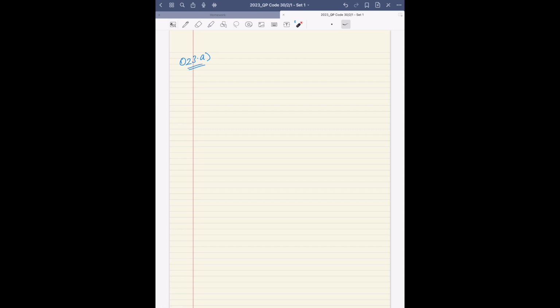So 23rd A, it simply says evaluate. Evaluate means find the value of this expression if possible. And here it is possible. This is what we have, right? All you need to remember is sine 30, sec 60 and tan 60. So if you guys know